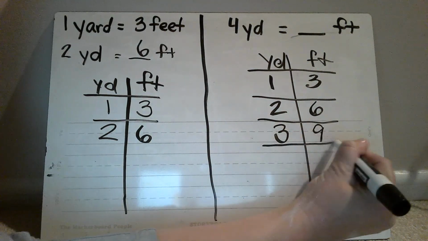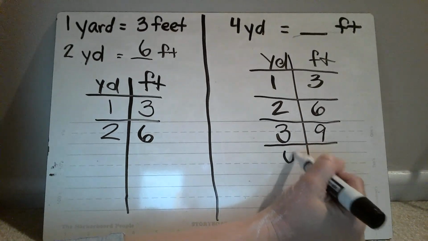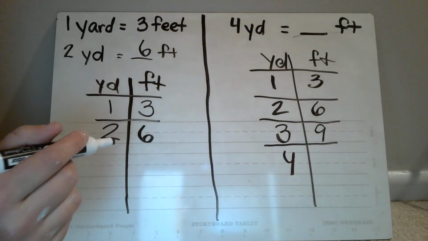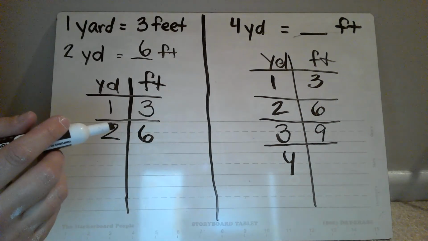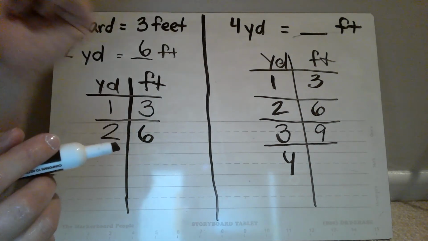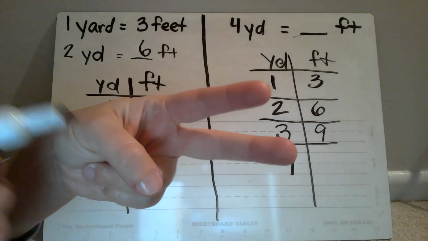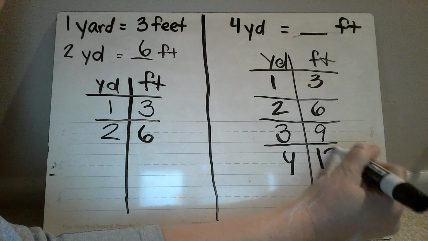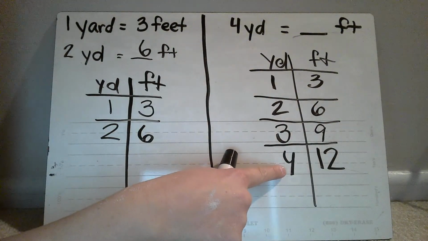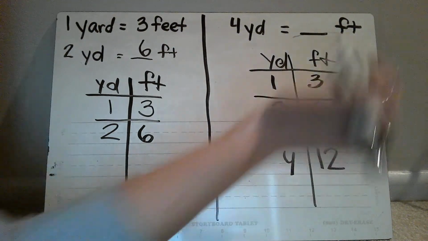But we don't want 3 yards, we want 4 yards. So this means I have to do the number 3 4 times. So that's like doing 4 times 3. So 3, 6, 9, 12. So 4 yards is equal to 12